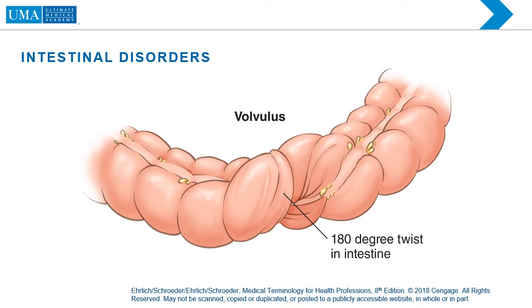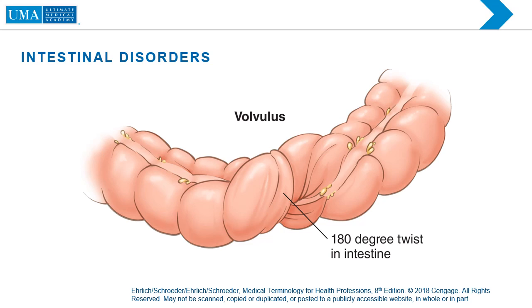So what you can see here would be another disorder, and we call this the volvulus, and this would be the twisting of the bowel within or on itself. As we can see the twisting motion there, it gives you a 180-degree twist within the intestine. Now, this twisting is caused by an obstruction. From this condition too, you may also see necrosis and also affected segments of the bowel,